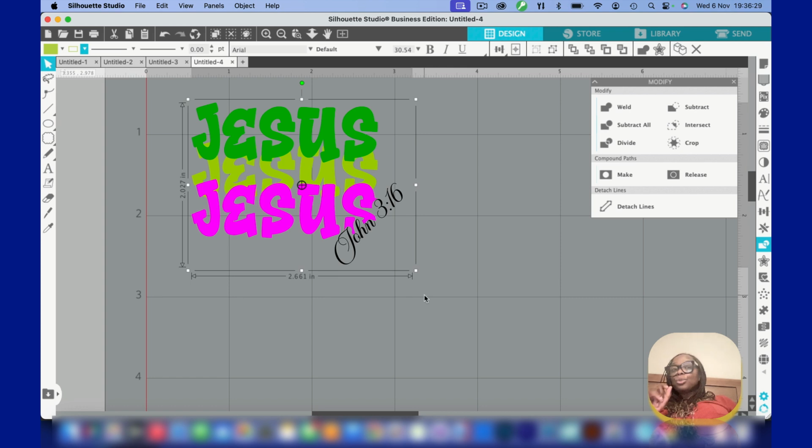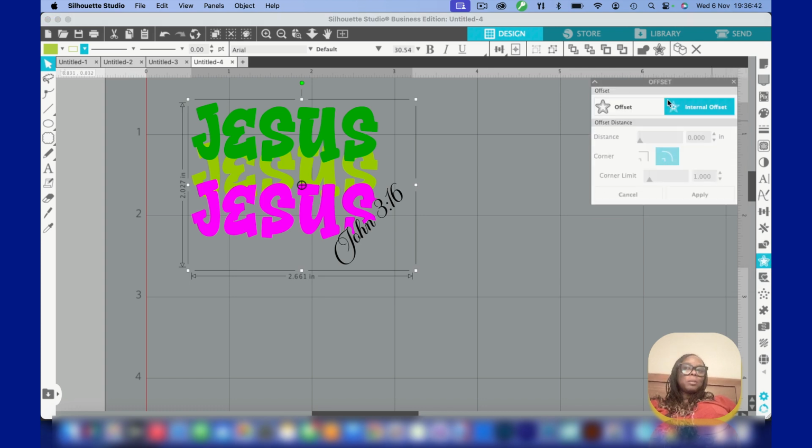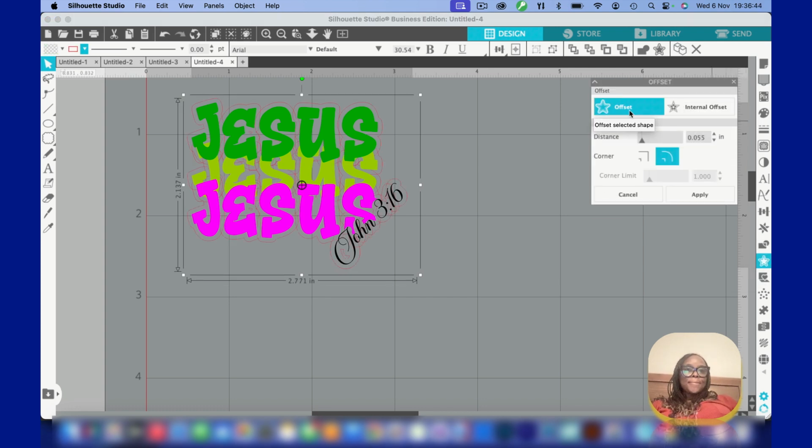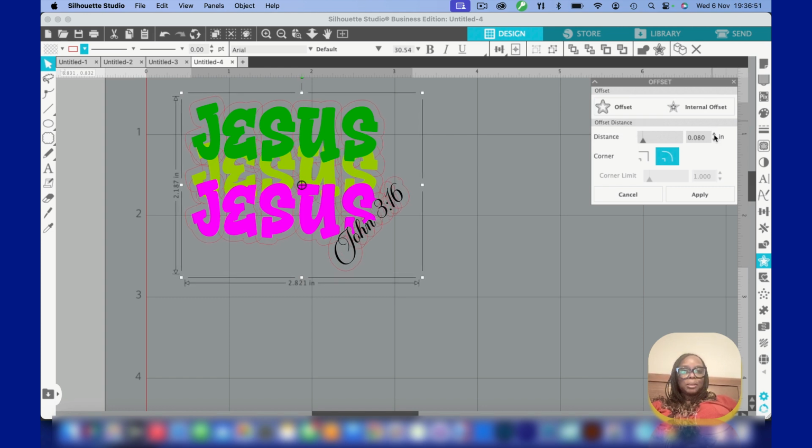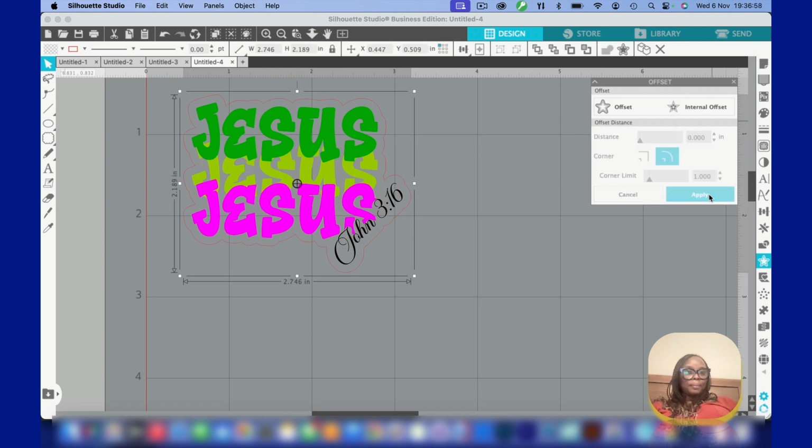So what I'm gonna do now to do my cutout for my stickers, I'm gonna put an offset around all of that text. So I'd come back down to my offset panel, and as you can see, it's a bit too close, so I need to expand it just a little bit more. Let me carry on, and then I'll click apply, and that's my offset around my entire